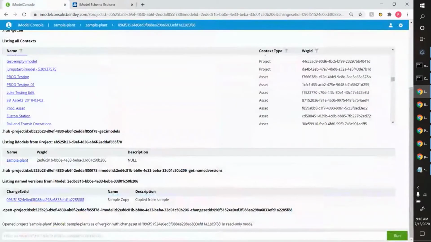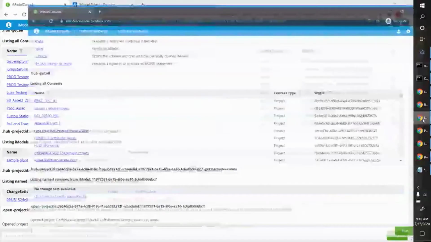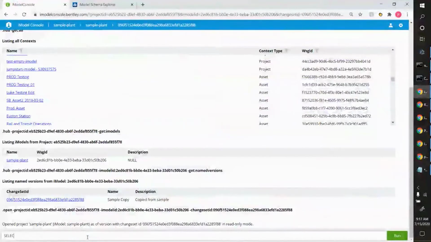And this is the same iModel that we saw here that has the plant. Okay, so let's do select. Oh, by the way, the queries, when it comes to writing, this language is ECSQL, and it's very close to, it's based on SQL. So you can use a lot of your SQL knowledge to start querying iModel.js or iModel data already. So we'll do a select star from,